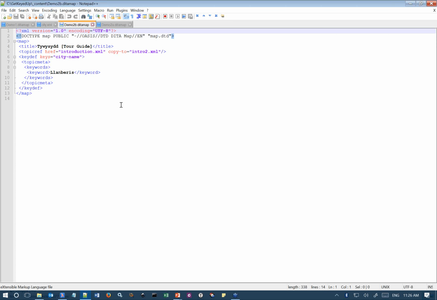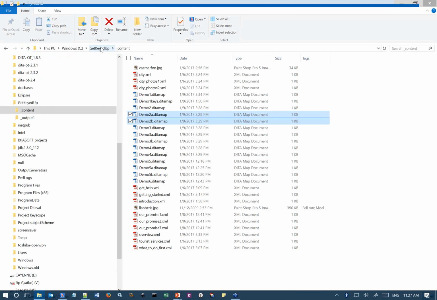Now, my intention when I create output is that I want to get two copies of the introduction topic. And I want the first one to have the city name Kernofon in it. And I want the second one to have the city name Llanberis in it. And notice that I've used the copy-to attribute here, because obviously if I want the same key defined two different ways, I've got to have two different copies, and this copy-to is what instructs the processor to make a copy of this. So if I generate this output,